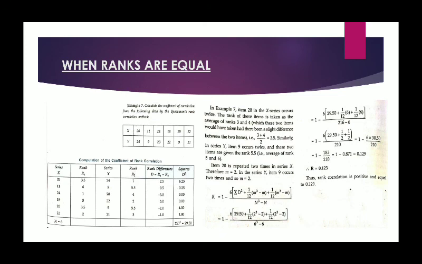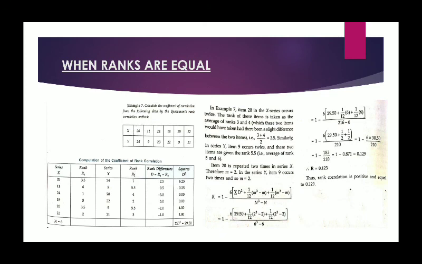Ranking is not possible in all the methods, but this is the way we can get the actual correlation between the qualitative as well as the quantitative data. And for qualitative data, it is the ideal method because we will not get any other method for that. Like we can calculate the honesty, beauty, efficiency, intelligence, all according to this method.